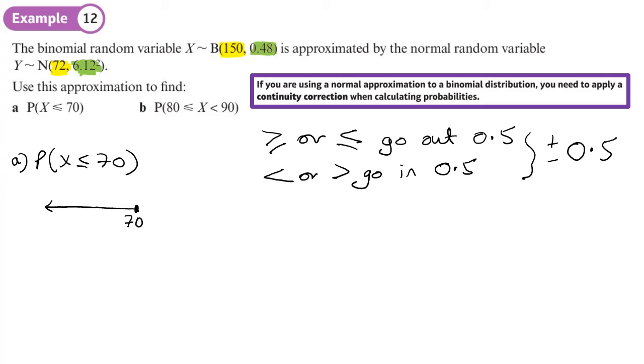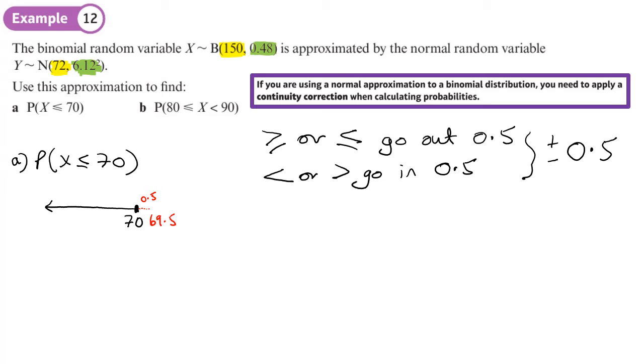What that means is, if I want to work out what number that is as a continuity correction, I'm going to go out. So away from my number line, I'm going to go out by 0.5 till I get to the number 69.5. So I've gone out by 0.5, yeah? So I haven't gone the same direction as the arrow, I've gone out. That's what I mean by out. If I was going in by 0.5, I'd go the same direction as the arrow and end up with, oh